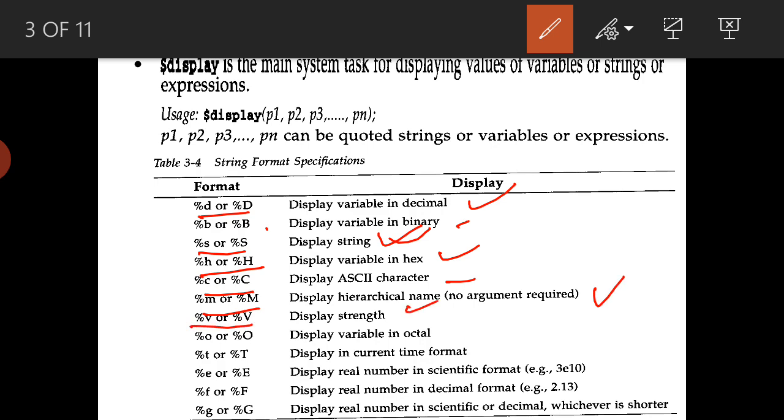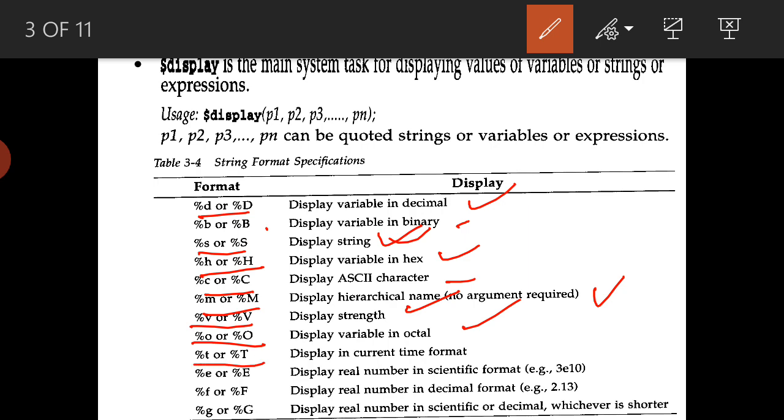Then percentage V displays the strength. As we have seen, what is the strength of the signal? The 8 strengths we have seen in the data types, so we can display the strength of the signal. Then O is for the octal form.